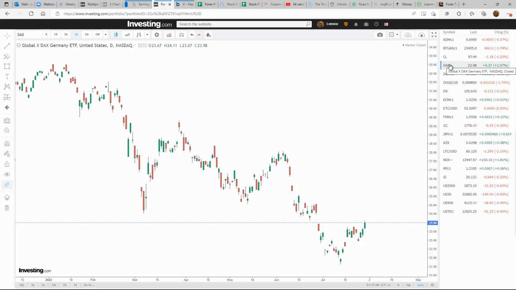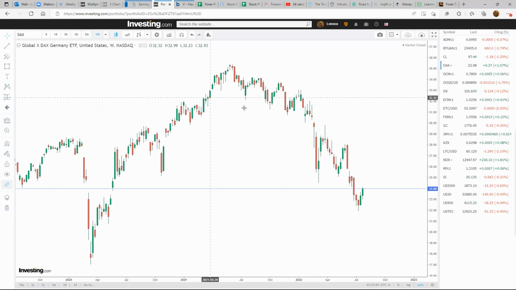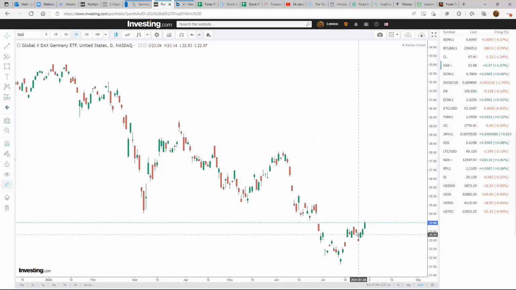Take a look at the DAX. Let me go to the weekly on that one. In an overall downtrend, right back down to a support level, and we're getting a little bit of a bounce. So a little bit of strength in the DAX, and you can see at this point that it is certainly looking like we could get a good push in the DAX going into this week. All right, so some strength in the DAX for the week.